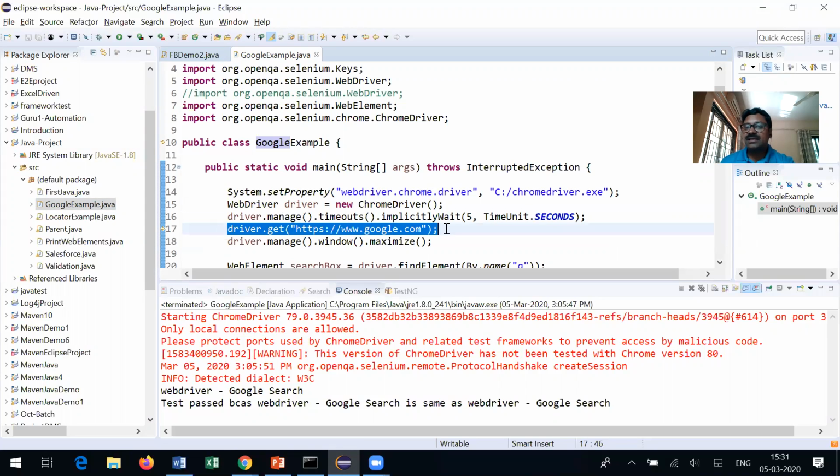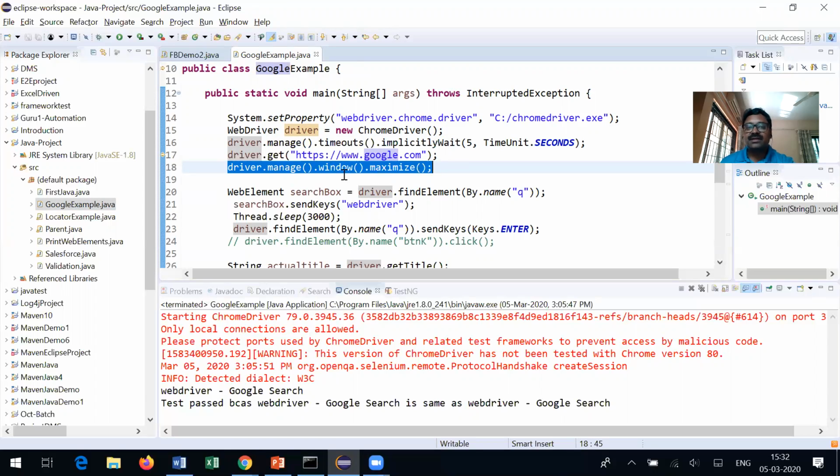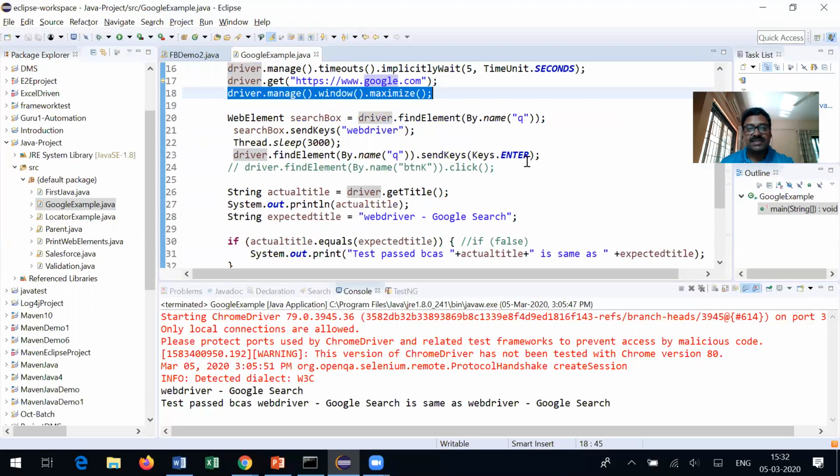So we can pass the URL here, and we are maximizing the browser window size using driver.manage().window().maximize(). And then we are identifying the text object, and we are passing the value WebDriver inside the Google search window. And then we are hitting the enter key.